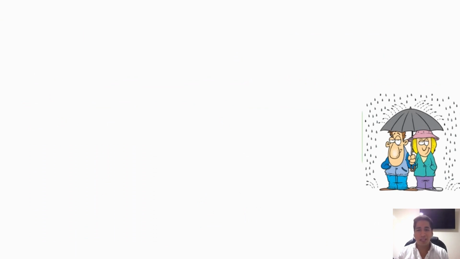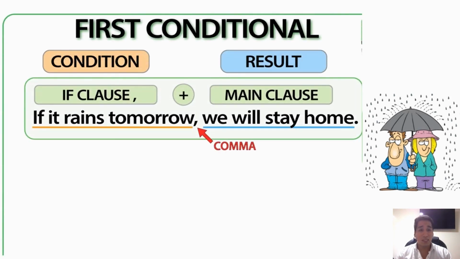Okay, guys, now let's practice with the last example we saw from the previous slide. You must remember just by taking a look at this picture. Do you recall? Okay, kind of. So remember, if it rains tomorrow, we will stay home. Remember that we had first the condition and then the result. The if clause first and the main clause as the second clause. And take a look, we are using a comma because of that reason. Because first we had the condition, and then the result.